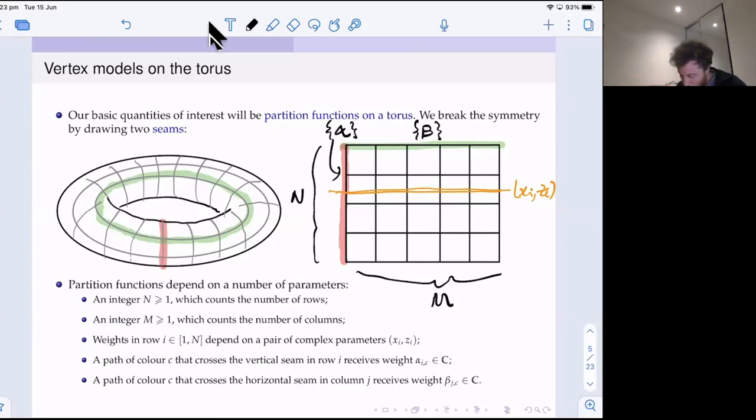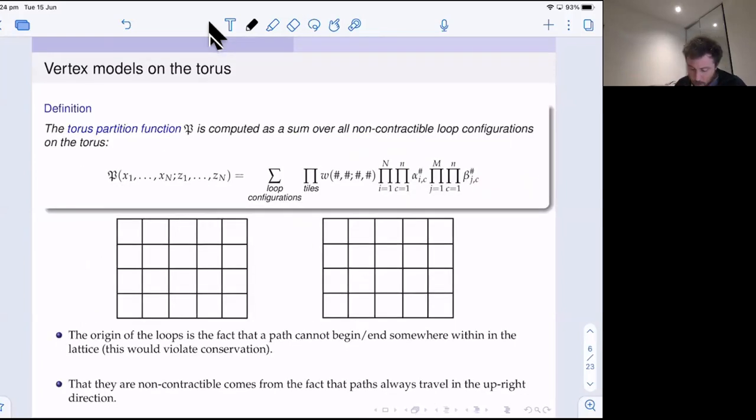All right, so let's start off with the most basic object that you consider here, and this is the torus partition function. What we're going to do now is put our model on that torus, and compute the sum over all possible configurations on the torus. Configurations now means we're drawing these lattice paths. And for every single configuration that you draw, you have to work out the weight of the configuration. And so that leads to this